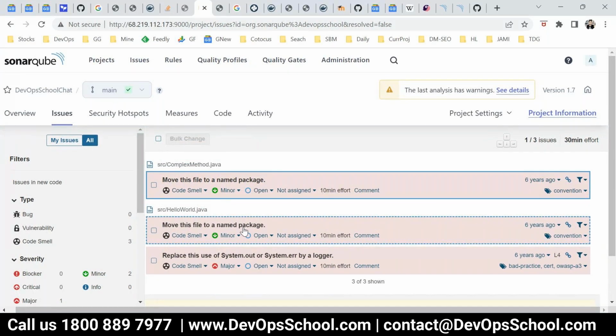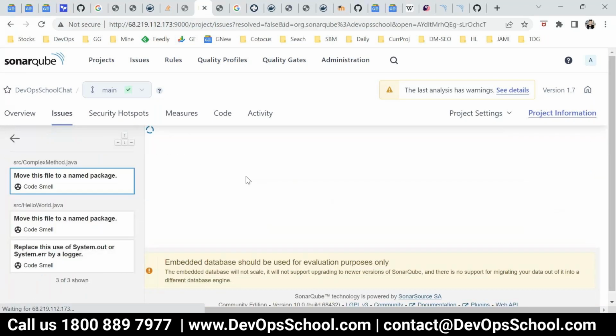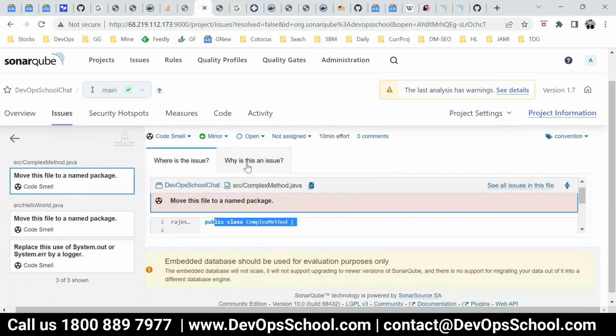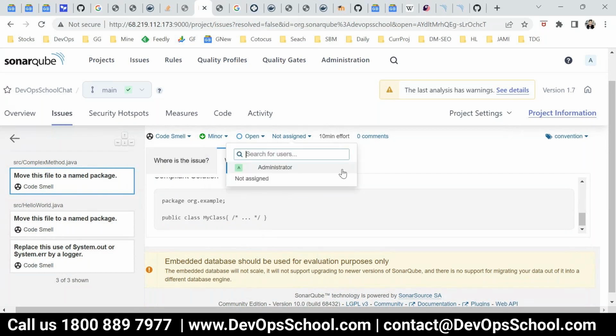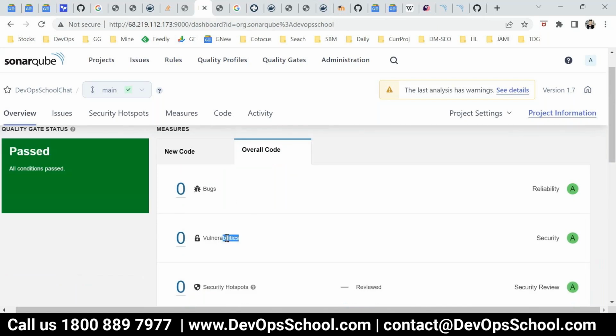So when this issue was coded 6 years before, who is the culprit? This guy. When he wrote this code, why is this an issue? Click on it. Where is the issue? Here it is. Why is this an issue? Here it is. So fix it. It's type of issue, minor, open. You can assign it to someone. How much time does it take to fix this? 10 minutes. So here not only do you get the project total reports, 0 bugs, 0 security issues, 0 hotspots, but